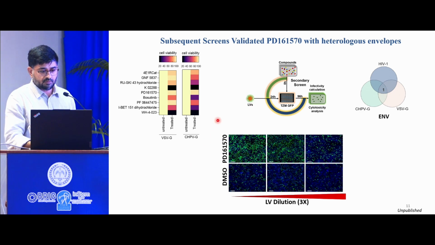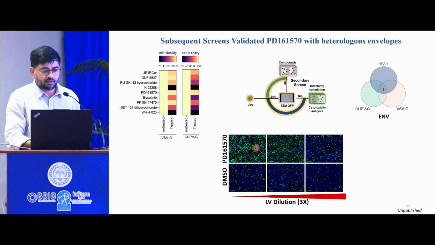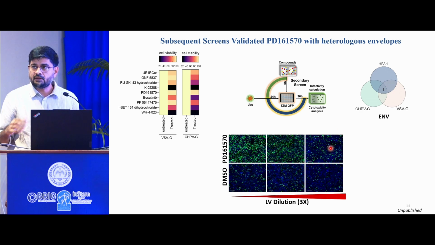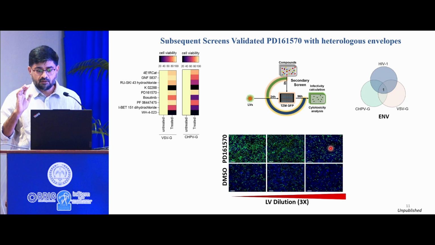Just note here that the viral inoculum is the same, and this virus is infected in these cell types, and this way you see that there are dilutions. In the absence of compound, this is the infectivity that you can see, scored as the green positive cells, and you can see the compound that is increasing it. Even at tenfold dilution of the compound, you can see a significant number of cells still infected, which can be one way by which the cost of production of the viruses can be reduced, because you are using 10 times less virus for getting the same infectivity.